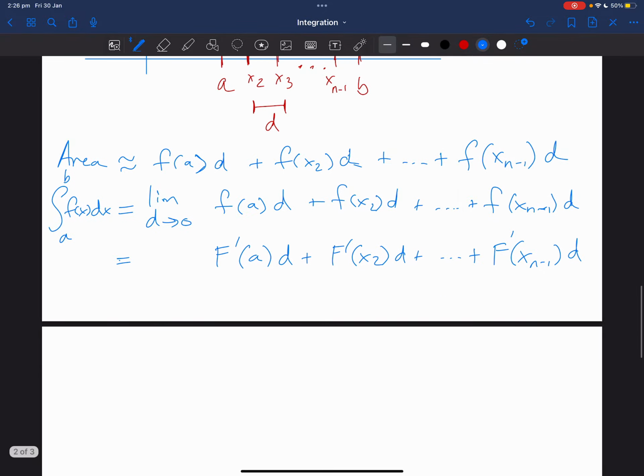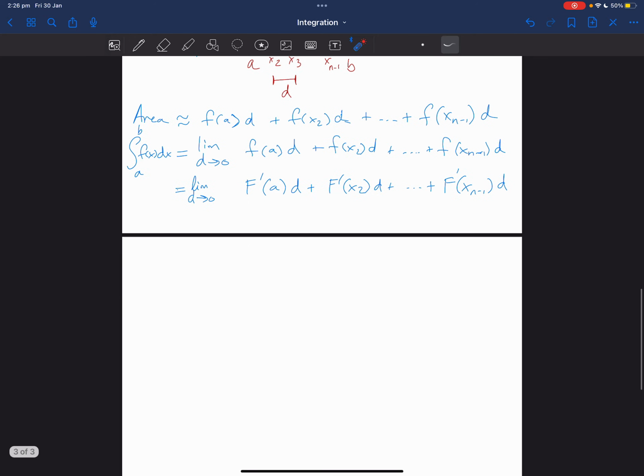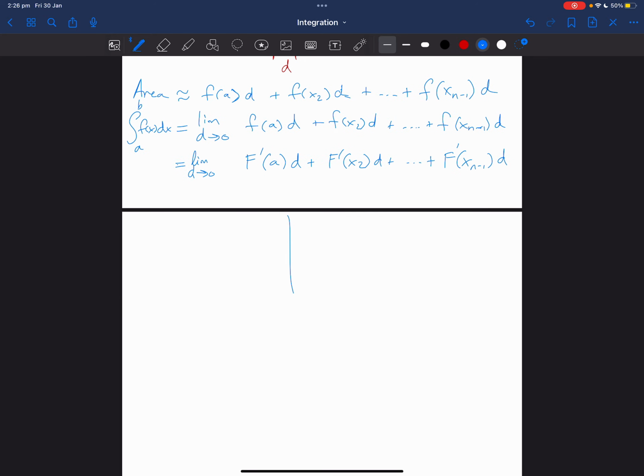I hope that's pretty believable. Yeah, this is just notation for the primitive of this function, and so we can replace this as the derivative of this. Why do we do this? Because as a quick aside, hopefully you remember from differentiation,